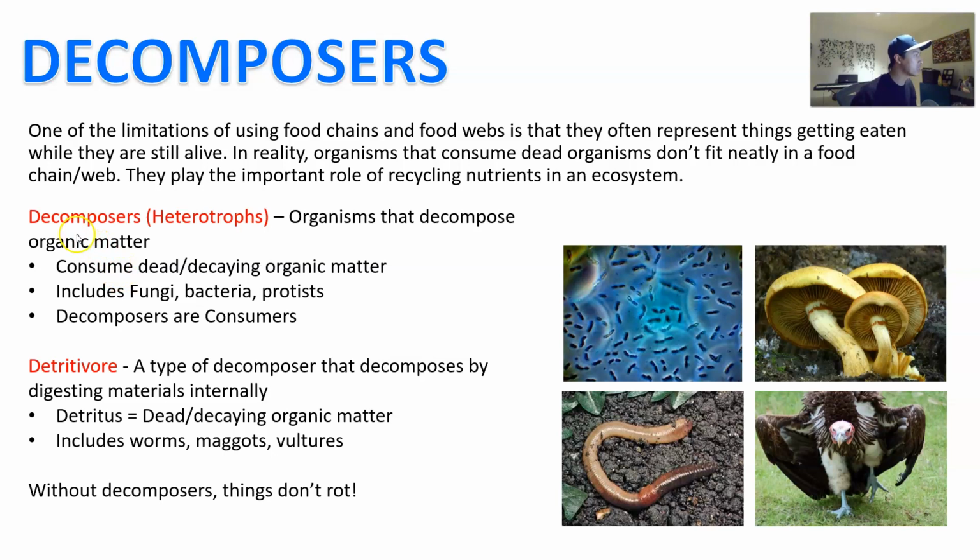Okay. So you can have a decomposer, and a decomposer is a heterotroph. In other words, it has to eat something to survive. It can't produce its own energy, but it will eat decomposing or dead organic matter. And so, if a lion on the savannah dies and it gets eaten by vultures, the vulture is not the predator of the lion, but it is the decomposer of the lion, right? Decomposers are consumers, and they can include bacteria, fungi, and other protists, as well as mushrooms and animals like worms and birds like vultures and so forth, right?